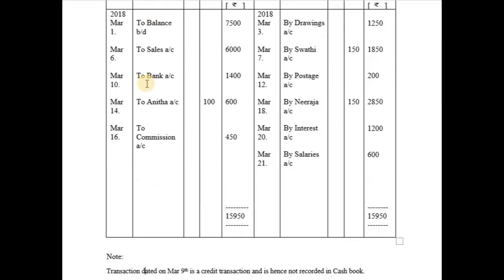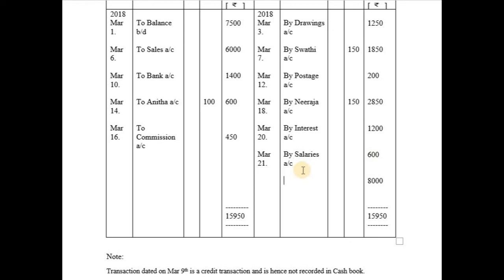अब आप जो 15,950 डेबिट साइड लिखे, आप काउंट करें तो डेबिट साइड 15,950 है. जो 15,950 आप क्रेडिट साइड लिखे, इस तरफ अगर आप काउंट करें तो आपके पास सिर्फ 7,950 है. कितने पैसे कम पड़ रहे? We are having a shortage of 8,000 rupees, which will be recorded as by balance carried down.